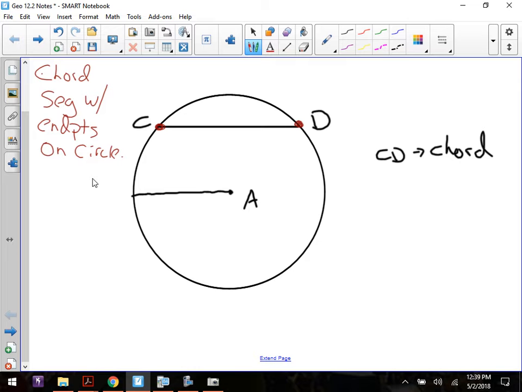Chords intercept arcs, which means this chord CD runs into the arc CD. Chords run into arcs; they have what's called an intercepted arc. Think of it this way: it's the arc that's created by that chord. We've worked with arcs, and we know that measures of arcs are measures of the central angle. So if I drew this in,